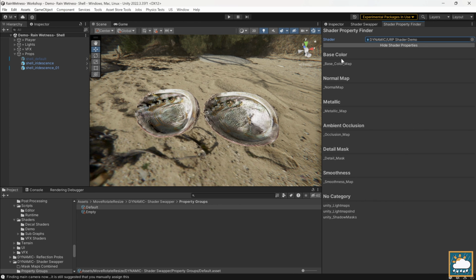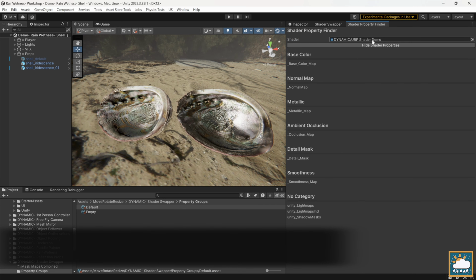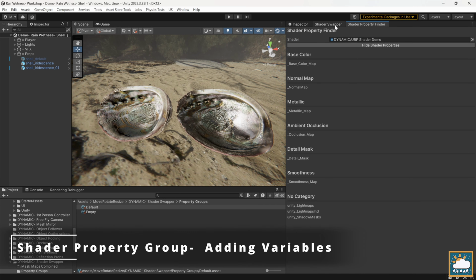So once we put this in, now it says under the base color, this is the shader variable. And for normal, this is that, and so on and so forth. This will try to do its best at putting them into the right categories. Sometimes it doesn't have a category, so they'll go into the no category section. Now that we know how to find shader properties, let's add those to the Shader Swapper so it can convert